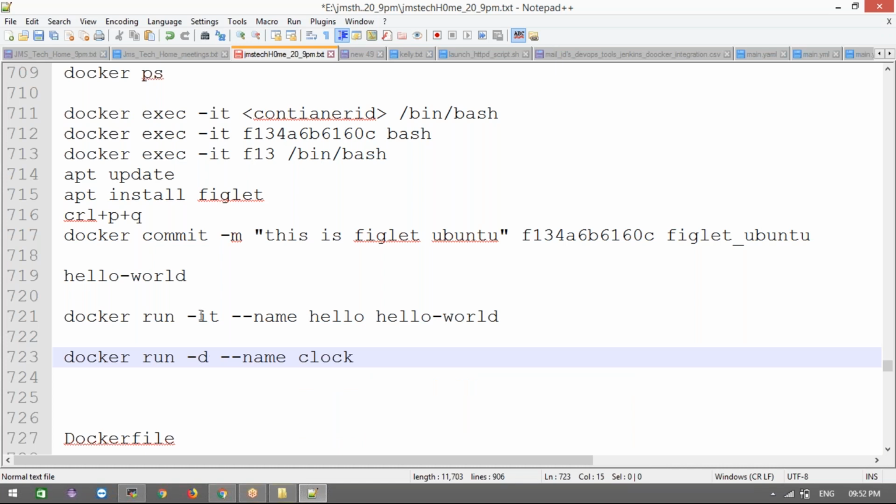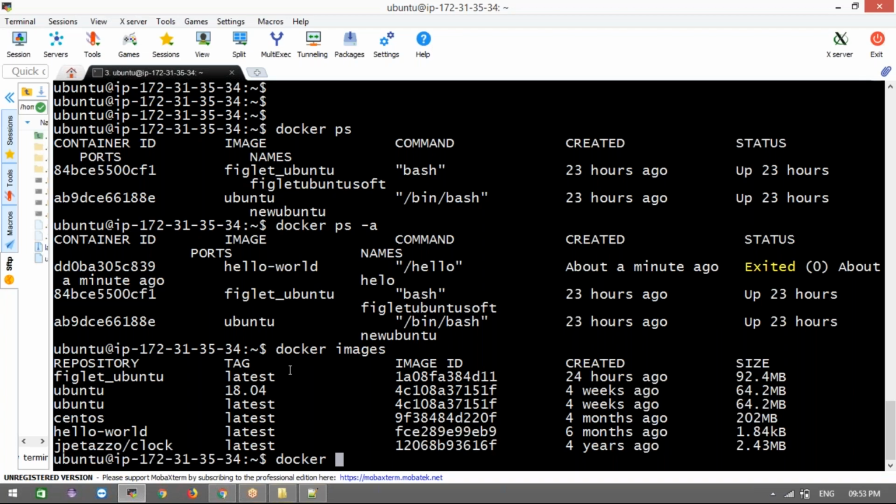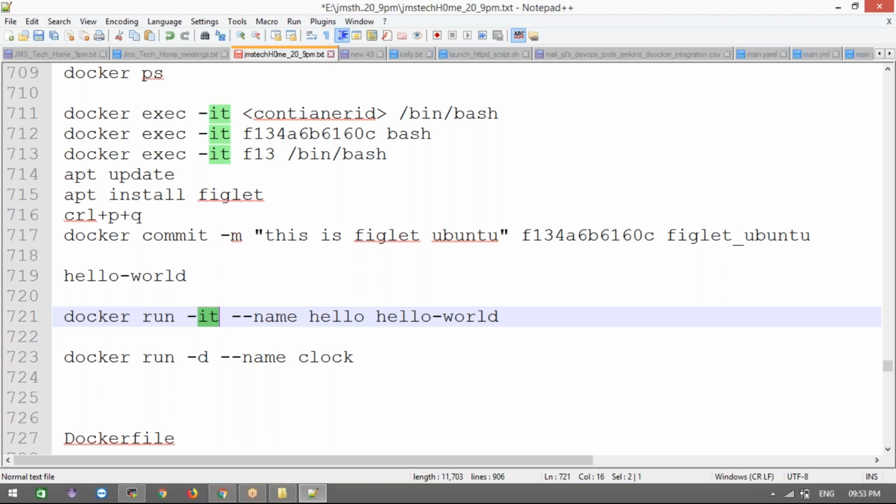If you open this terminal, you need to stop the container or exit from it with Ctrl+P+Q. Then you can't run another container unless you come out of that terminal or open a new tab. If I run with hyphen it here and want to run another container, I need to exit that container. Instead, when I want to run multiple containers, we need to run them in the background. Every container should run in the background, which is a very good practice.